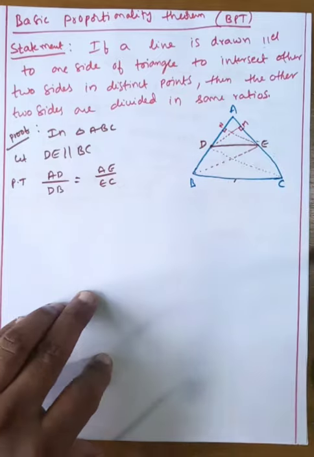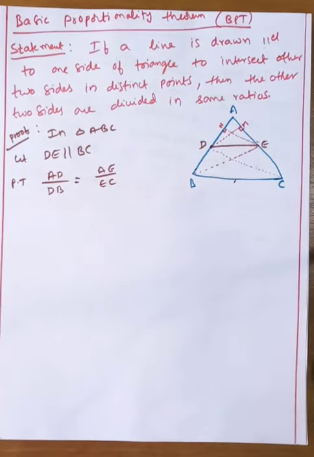Whenever one line is parallel to one side of a triangle, the line divides the other two sides in the same ratio. Okay, my dear students, now observe that. What is the meaning of area? In a right angle triangle, area means half into base into height. You know that very well, or not?